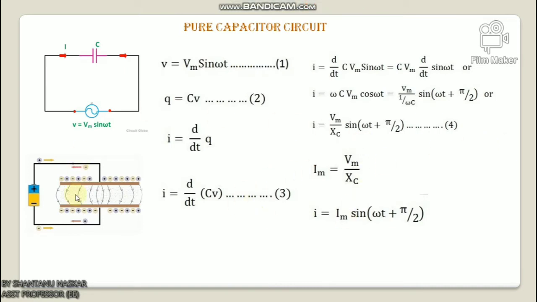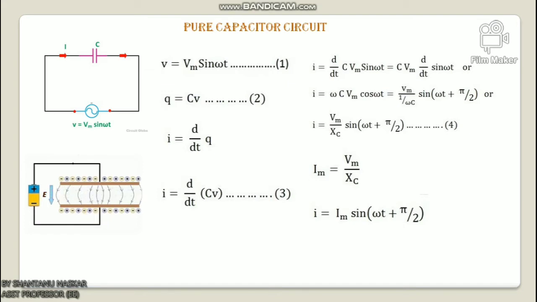Now I will discuss the pure capacitor circuit. Very simple. The circuit containing only a pure capacitor of capacitance C, which is in farad, is known as a pure capacitor circuit. The capacitor stores electrical energy in the electric field. Its effect is known as capacitance. It is also called a condenser. Okay, remember that. The capacitor consists of two conductive plates which are separated by a dielectric medium. This dielectric medium is made up of glass, paper, mica, oxide layer, etc.